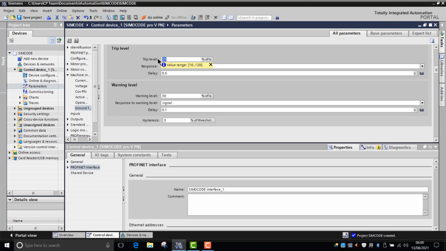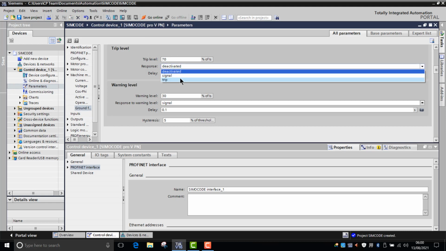We might want the trip level to be 70%, and we want the response to that to be either signal or trip. Normally when it's the upper threshold, we want to do something a bit more drastic to prevent any damage to the motor or prevent the device from tripping out the circuit breaker. So if we select a trip for that,